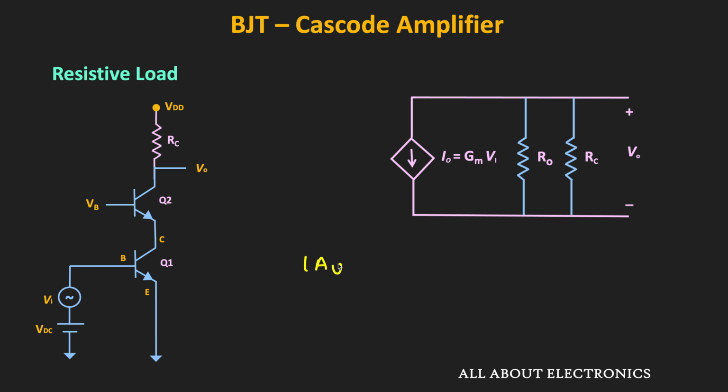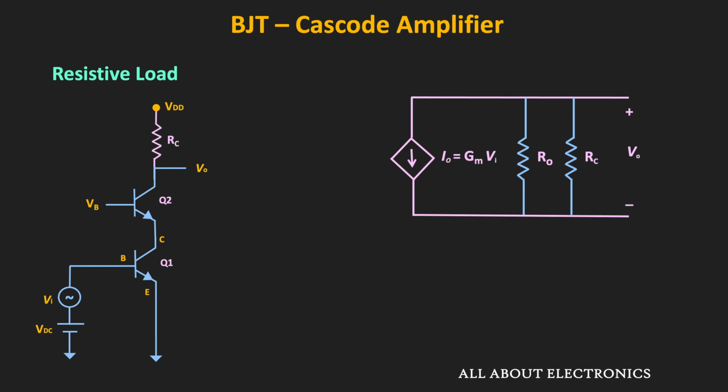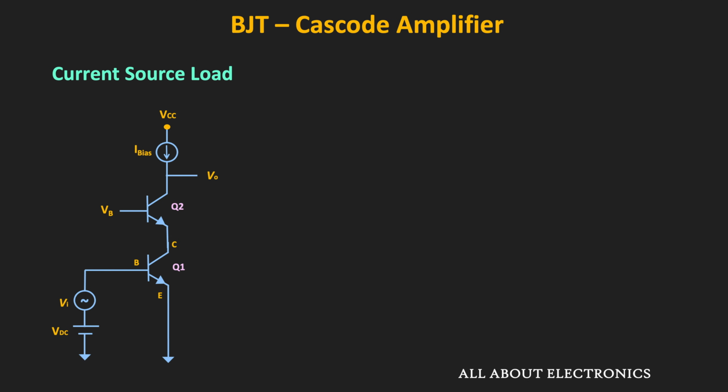And now this voltage gain is equal to Gm times this R0 in parallel with RC. Typically the value of RC is much less than R0. So due to that we can say that this voltage gain is equal to Gm times RC, and that is equal to Gm1 times RC. As you can see, it is the same as the voltage gain of the common emitter amplifier. That means if we use the resistive load with the cascode amplifier, then we will not get any improvement in the voltage gain. So to utilize the cascode effect, we need to use an active load such as the current